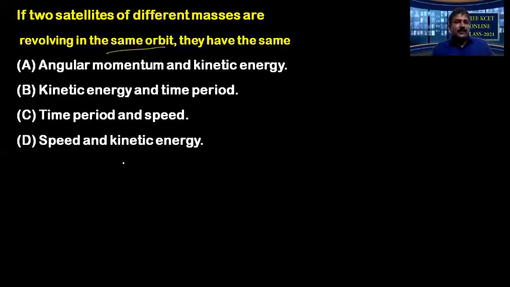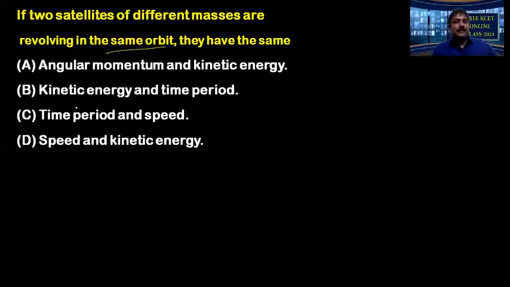For any satellite at a given height, or in the same orbit, the velocity is the same for all satellites, whatever the masses. It does not depend on mass. Orbital velocity or orbital speed does not depend on the mass of the satellite which is revolving around. It depends on the mass of the planet, but not the mass of the satellite. So here are different masses, two satellites you have to compare. Masses are different, so speeds are the same for both satellites.